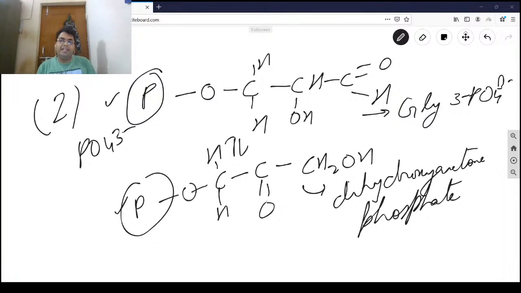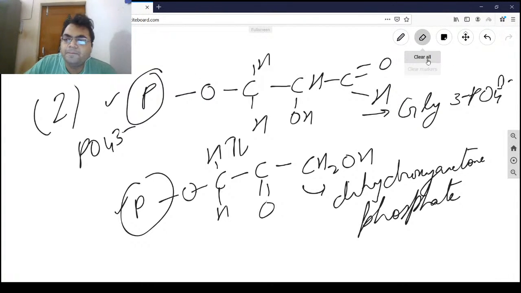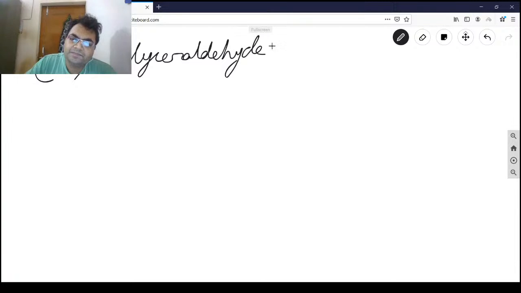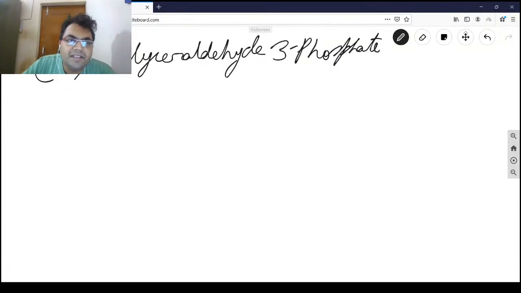So the net of 2 ATP will be the consequence of this glycolysis, because 2 ATP you have lost. Now you will generate 4 ATPs, so 4 minus 2, net 2 ATPs you will be getting back. So how will you get them back? Just look at this payoff phase now. Now you have 2 glyceraldehyde 3-phosphate. Okay. After you get these 2 glyceraldehyde 3-phosphate,